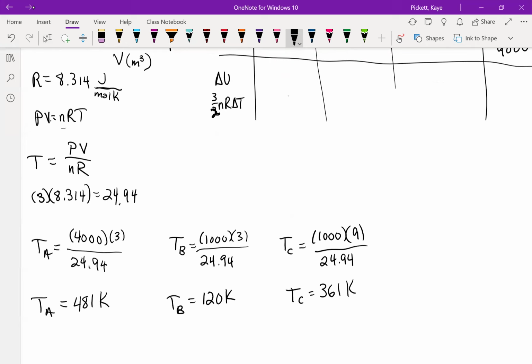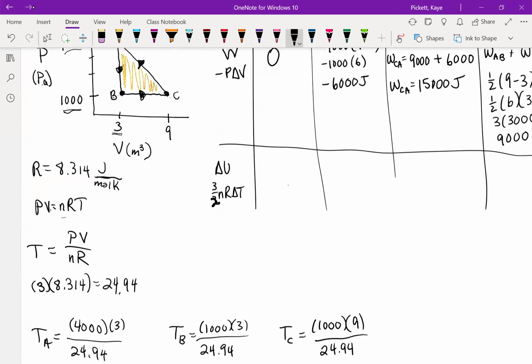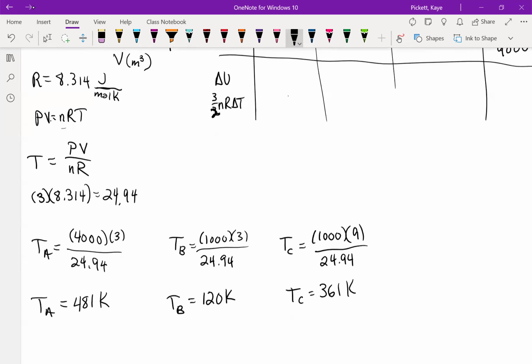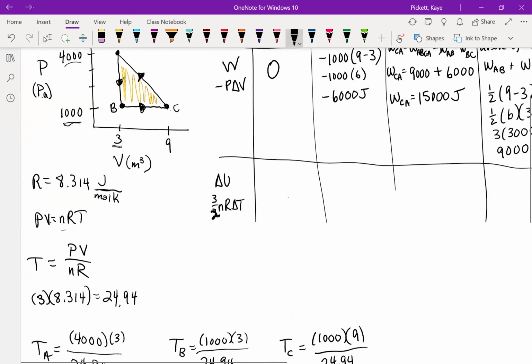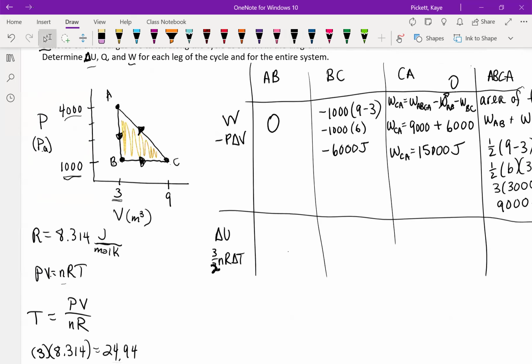Okay. So I've got a different temperature for each one. Now I can determine the change of internal energy from each of these because I have the change of temperature from each one. So from A to B, that's going to be the internal energy of B minus the internal energy at A, which is simply going to be